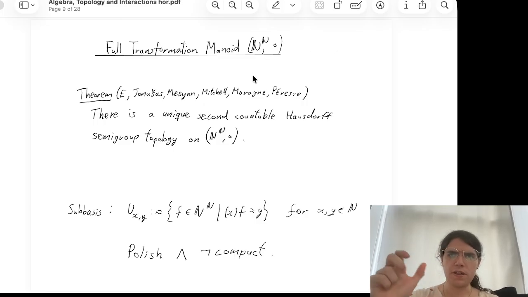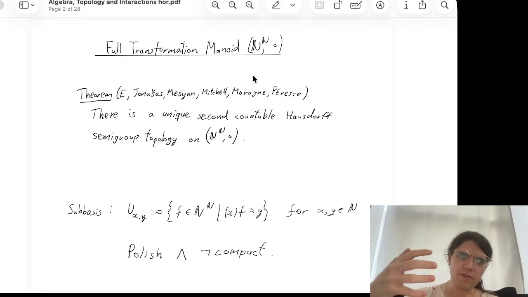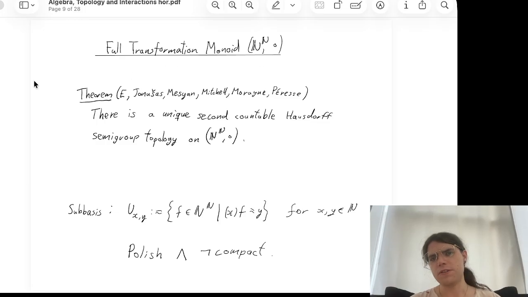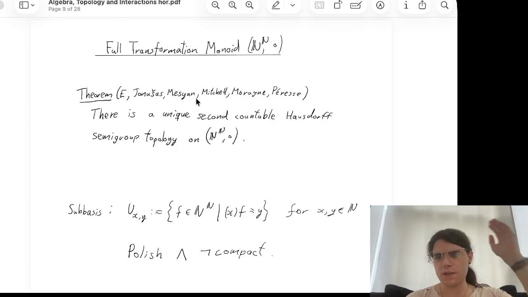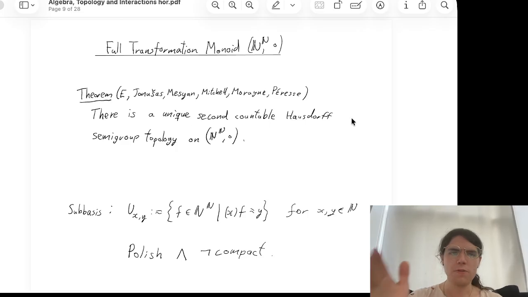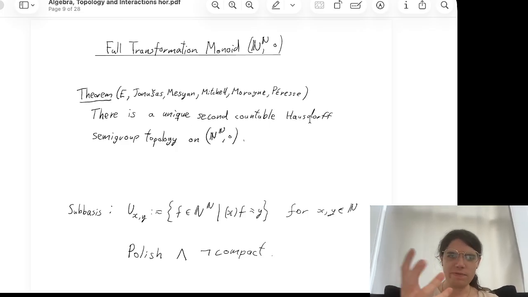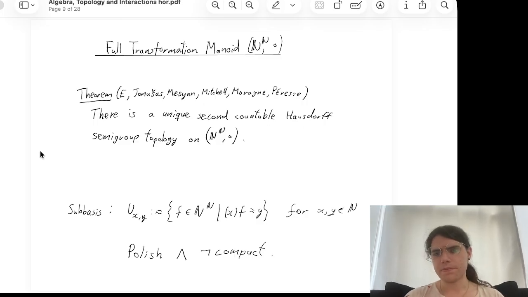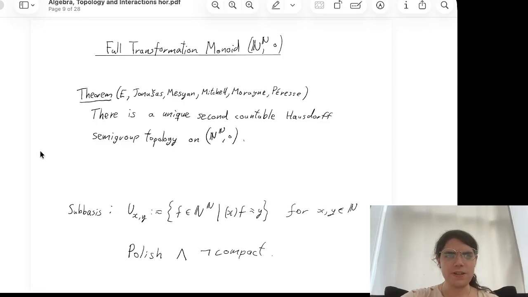Is the countable underlying, like a countable set that I'm acting on by transformation. So I'm looking at all the maps from the naturals to itself. So there's a theorem by me, Julius, Zach, James, Michał, and Jan, which says that there is a unique second countable Hausdorff semigroup topology on this semigroup. So at this time, we actually have a very strong answer. This is the best topology in the sense that it's the only topology which has these fairly mild assumptions. And this is an advertisement that this is not an intractable question. We have an answer which I think is quite definitive in this quite important case.